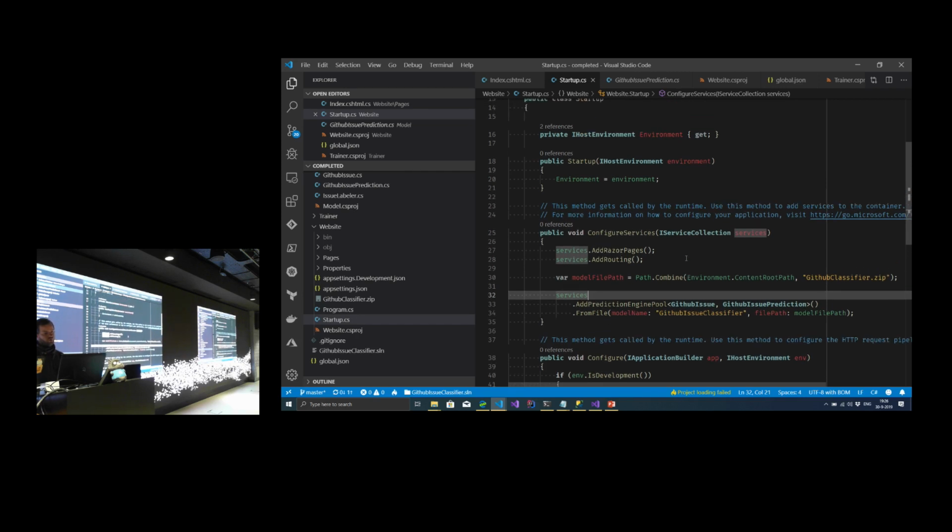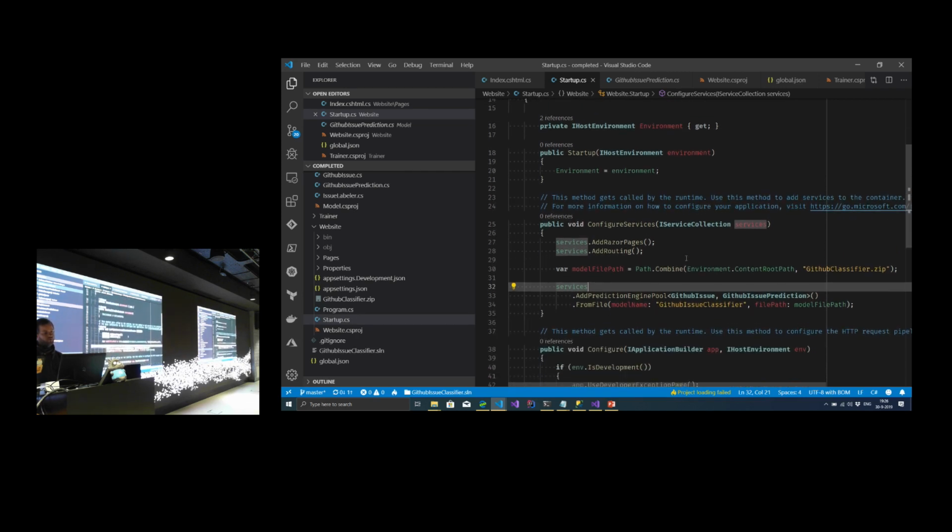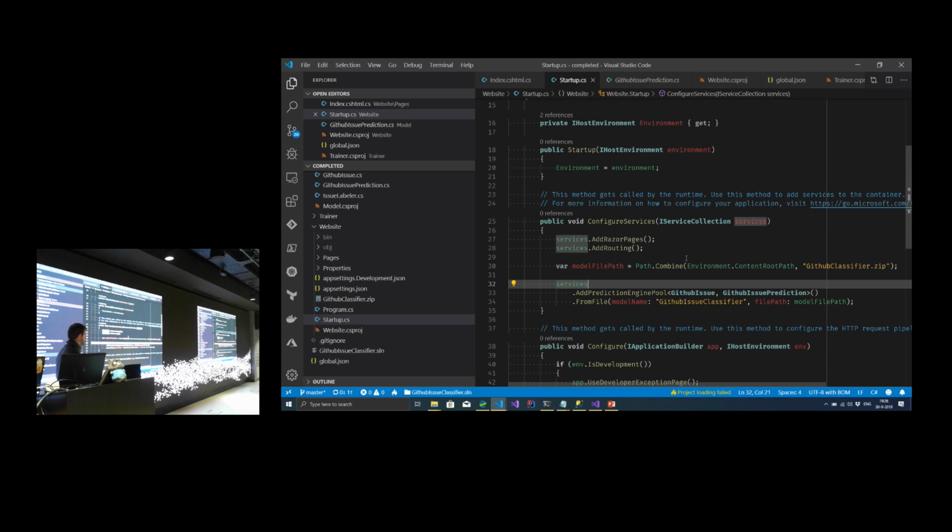What's good to know for people that are a little bit more familiar with C# programming and .NET programming in general is that this pipeline that I created is for only one thread. Only one person is allowed to call my model at a time. If I've got two people calling the model at the same time, which is possible if you have a website, because you have multiple visitors, then stuff will break. That's bad. Luckily, Microsoft provided a solution for that in the shape of a prediction engine pool.